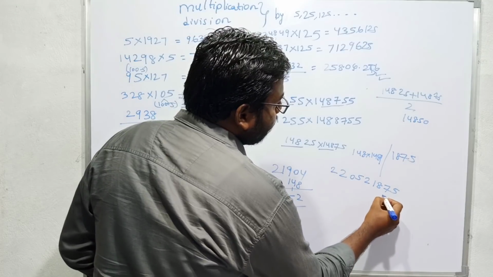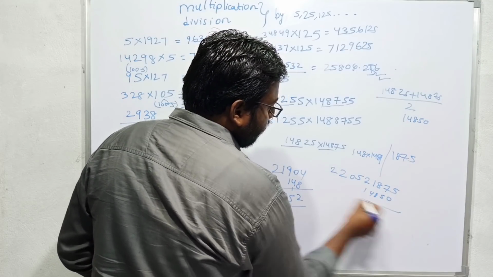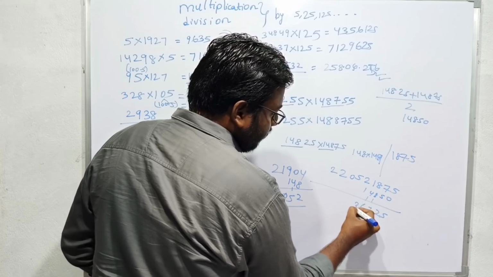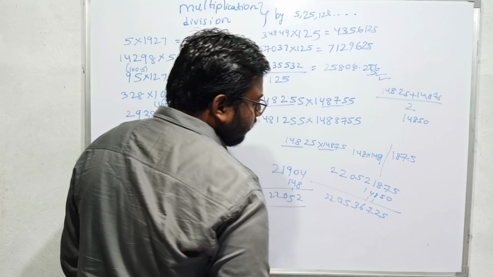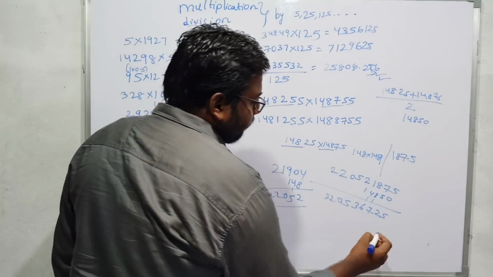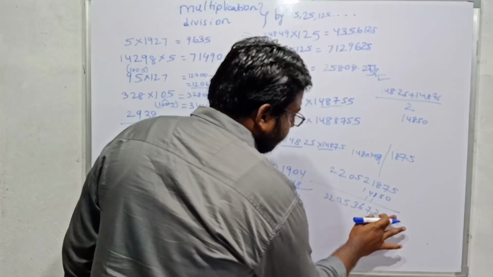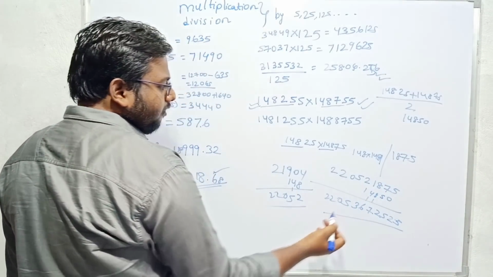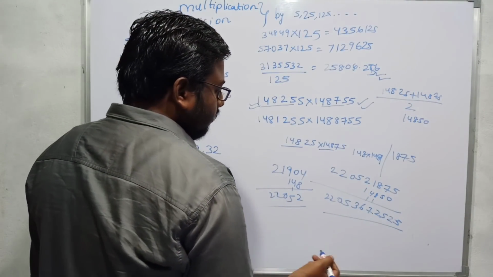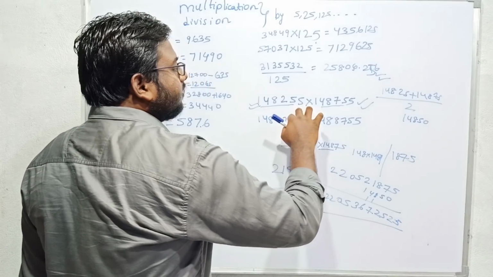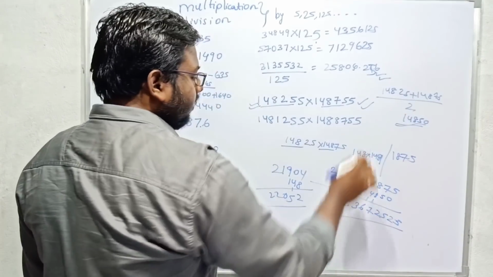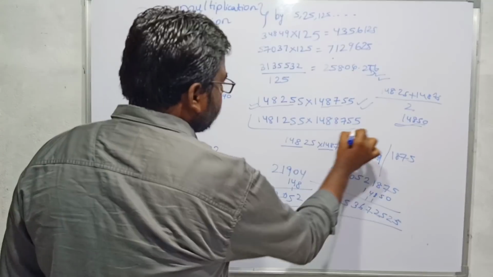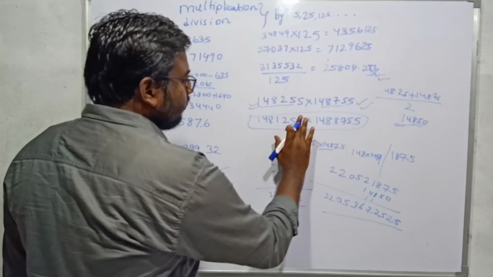If I add this to 50841, if I add this, this is 5, this is 2, this is 7635022. This is the result of this. And if you put 25 after it, then this will be the result for this one: 2205367225. Why we kept 25 in the last means this is nothing but an even number, so we will get 25 in the last. If it is an odd number, you will get 75 in the last. So you can practice this also, in the process of numbers ending with 5.